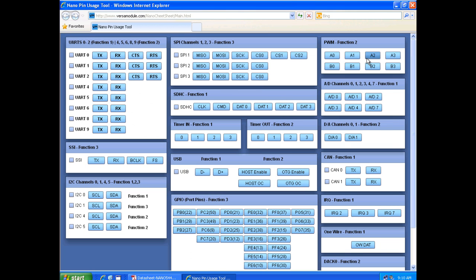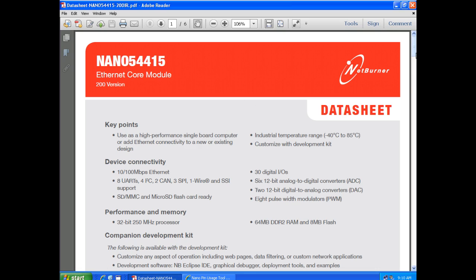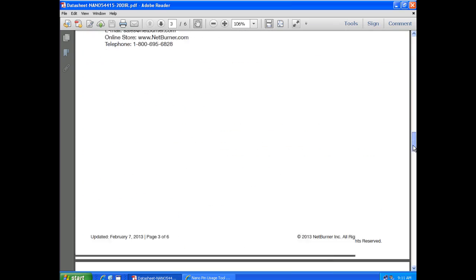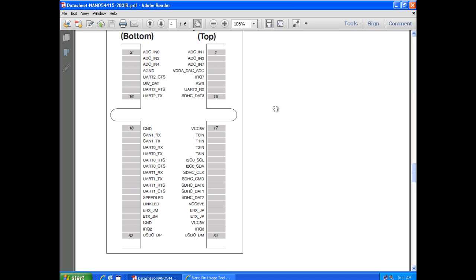The Pin Sharing Tool allows you to quickly identify pins that are on the Nano module itself and also determine what are shared amongst peripherals. What I mean by that is, I'm going to open up the datasheet for the Nano module. On the edge of the module, these are the pins that are user accessible. And here's the chart